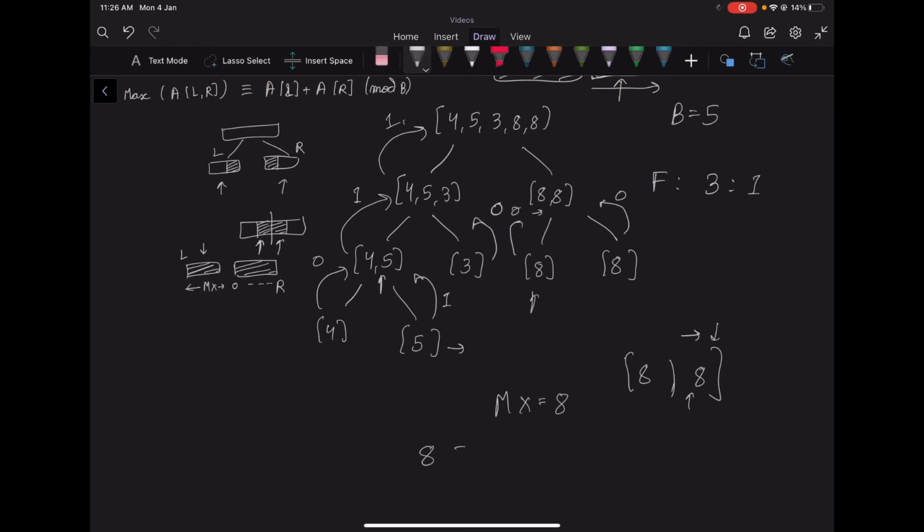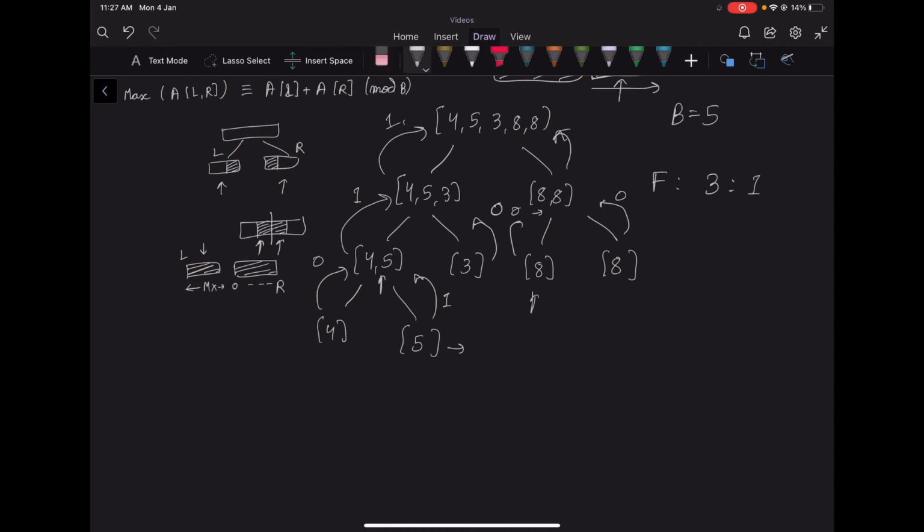Now the maximum is 8 and the left value is also 8. So AR should be 0 modulo 5, but the frequency of 0 modulo 5 is 0. And similarly, if you consider the case where the right element is maximum, we actually cannot move our left pointer because we want the elements to be less than 8. Since if it is equal to 8, then this won't be the maximum because we are considering the first occurrence of an element as maximum. So this also returns 0 here.